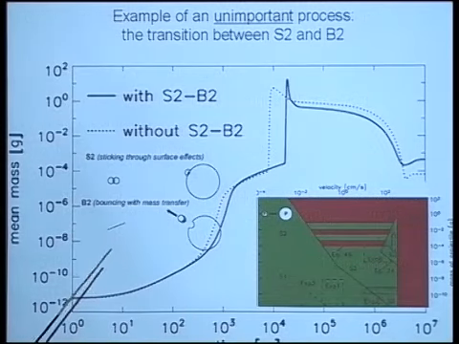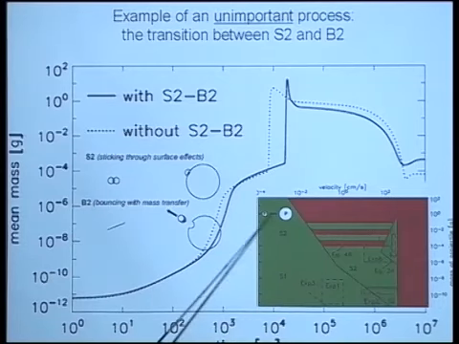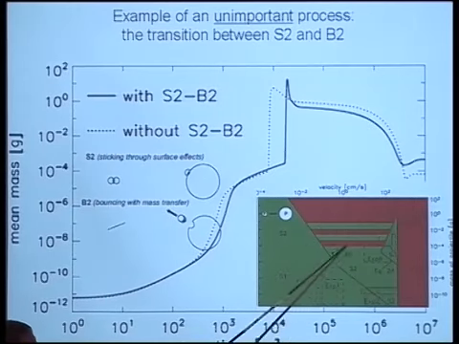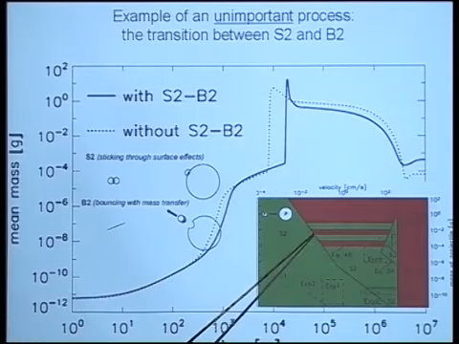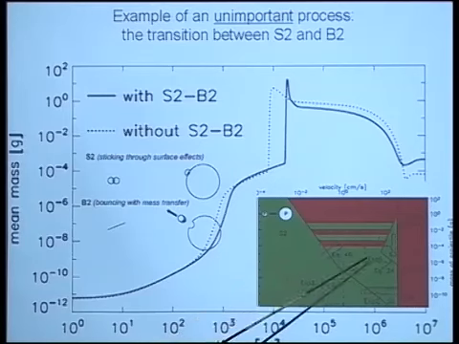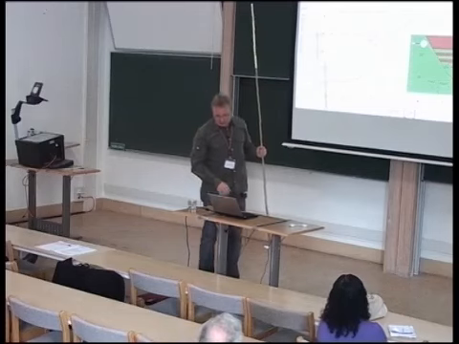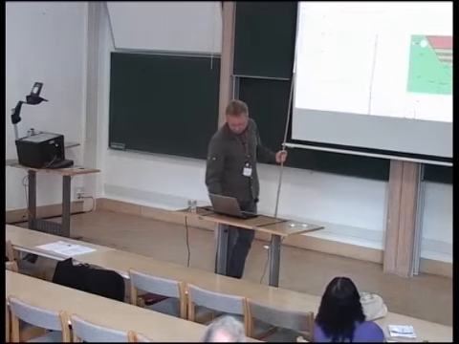Okay, two examples of what we've already learned. On this upper right panel, small porous to colliding with a large porous particle, we have this striped region. This is a transition between sticking by surface effects and bouncing with mass transfer. We found in this velocity region by experiments that both things happen, so we set a probability here. It is not important whether there's a probability or a sharp transition, both modeled here. It basically leads to the same mass versus time behavior. So this is an unimportant process. We don't have to care about that very much.